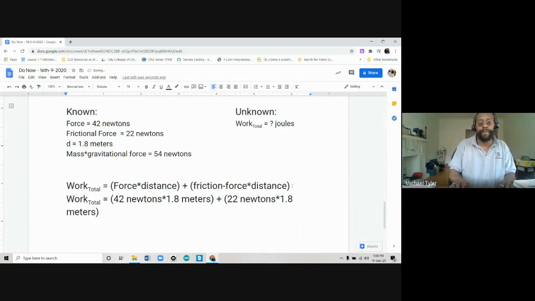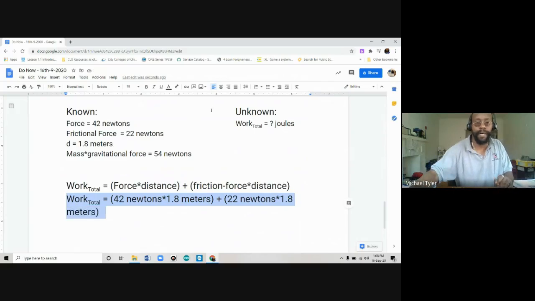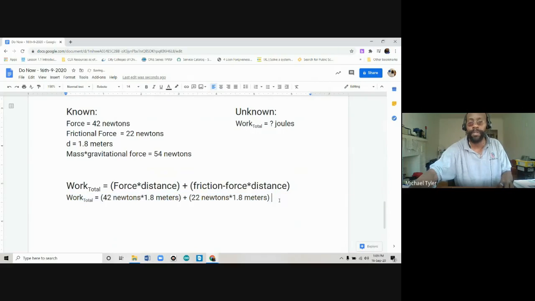Okay. So you put these together, my forces combined, they become, let's take it down to 14 because it's too huge. So it becomes that. And now I'm going to come down and we're going to calculate it all together. So I'm going to say work total is equal to,